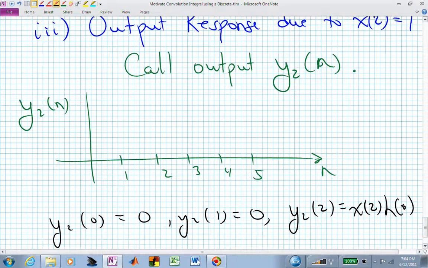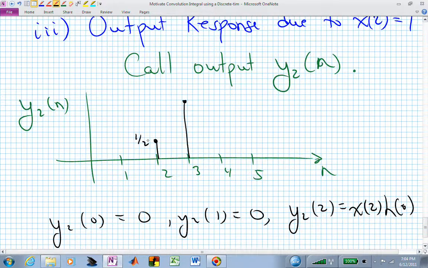H sub 0 again was 1/2. This particular input value or scaling is 1, and so now all we have to do is sketch the original pulse response delayed in time 2 from the actual start of this system response, because this is now our input applied at time 2 component that we're looking at. This is now going to be 1/2,